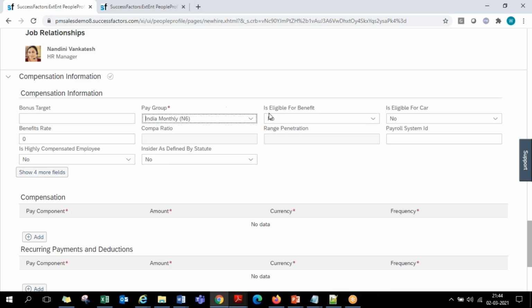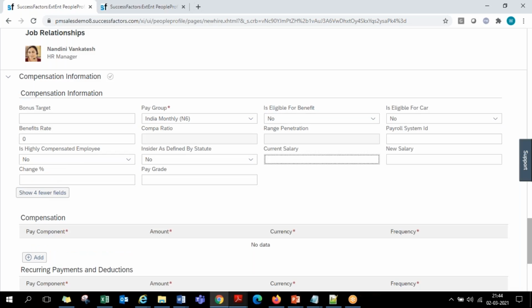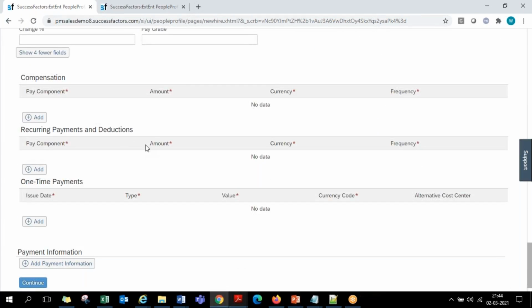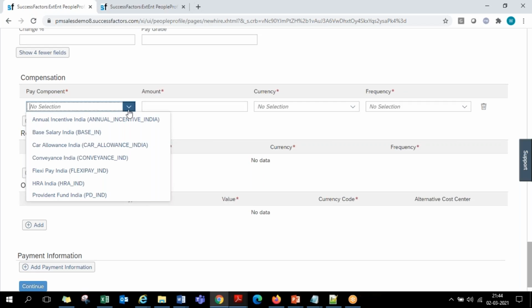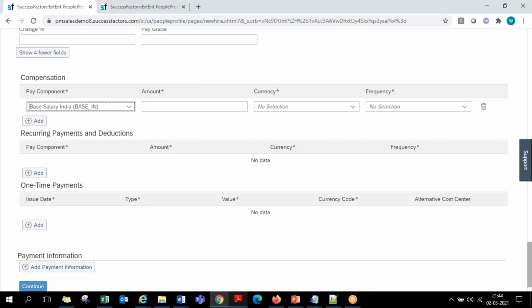Okay. And next is the employee eligible for any company benefits, is employee eligible for a company car, such kind of fields can be added here. Okay. And then actual pay components, while you are maintaining the employee salary details, here you are required to add one by one. The minimum regularly paid in every month, whatever we pay as per the offer letter, what all we regularly pay in the monthly salary should be added in this compensation section, like the basic pay, HRA, conveyance allowance, whatever allowances that you see in your every monthly pay slip, those components will be added here one by one.